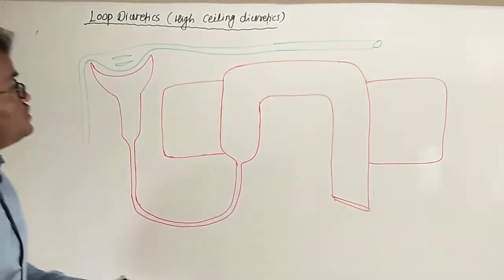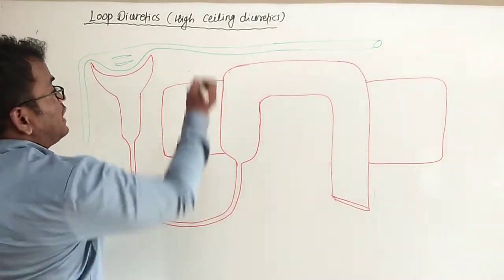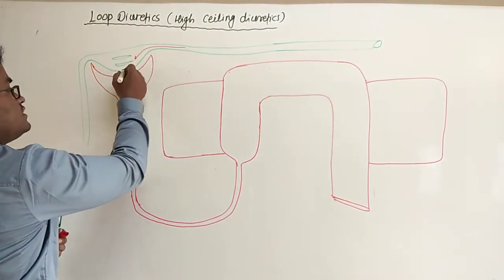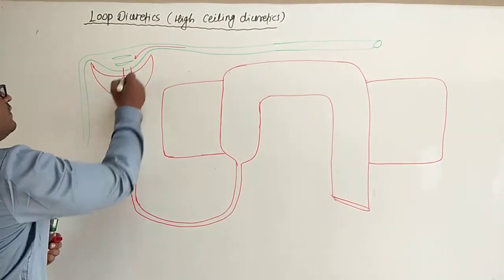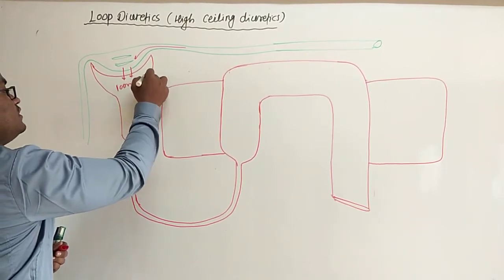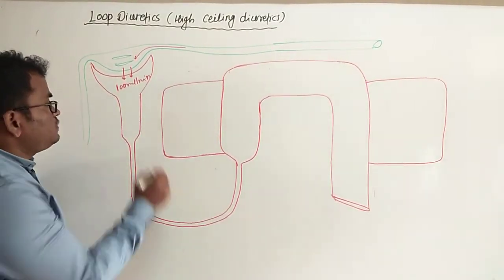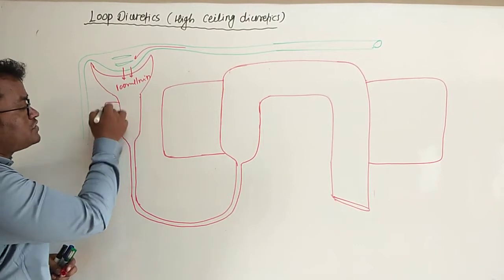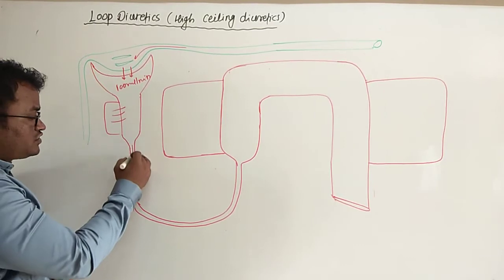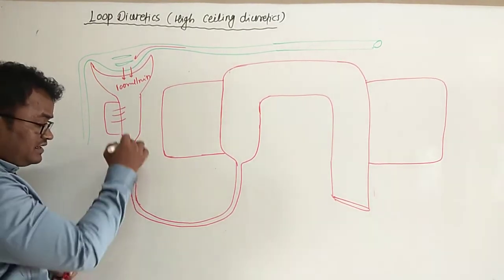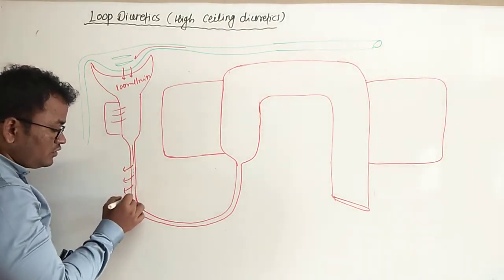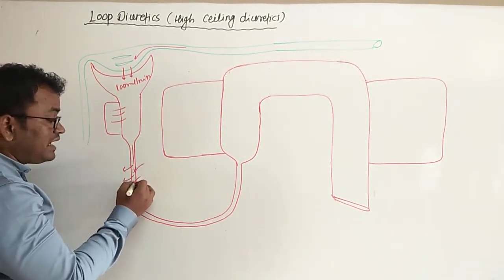Okay, so let's see, the blood coming from this afferent arteriole is coming towards the glomerulus, and the glomerular blood is filtered, and here the filtrate is formed. How much? Near about 100 ml per minute is the filtrate. Next, this filtrate is reabsorbed in the PCT. Next point, this filtrate comes into this descending limb of loop of Henle. Here water is reabsorbed and salts or solutes are added.